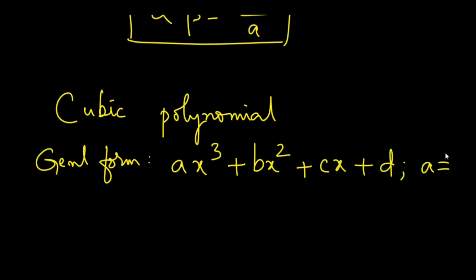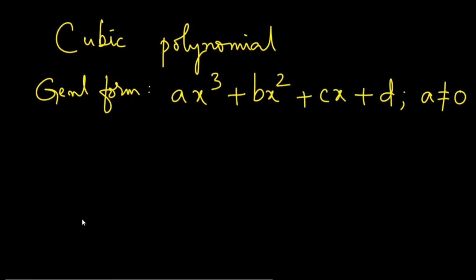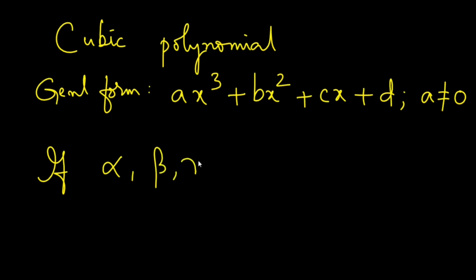Here a is not equal to 0. Now, if the zeros of a cubic polynomial are alpha, beta and gamma,